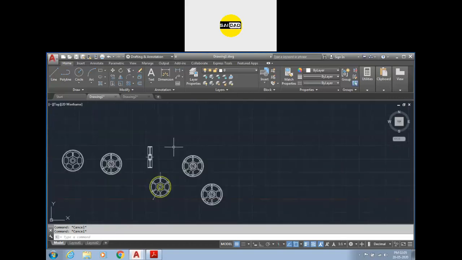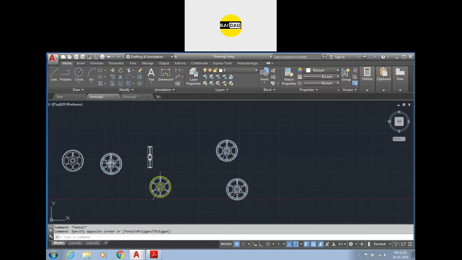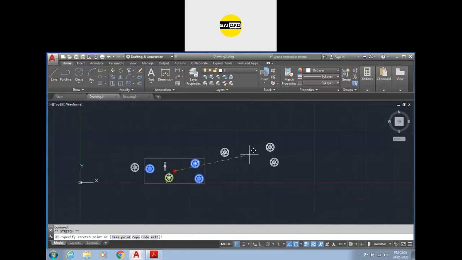So the next option we have is the group. You can create some groups, like you can see this is the block, but you want to select all your blocks in a group. Okay, you want to move them, or you want to select them in a group. So there is the option group. You can create a group from here. You can specify the name of the group, or you can just select the object that you want in the group. I want these three objects to be in a group. Press enter. If you select them now, all the three objects will be selected at a time. You can now move them simultaneously.